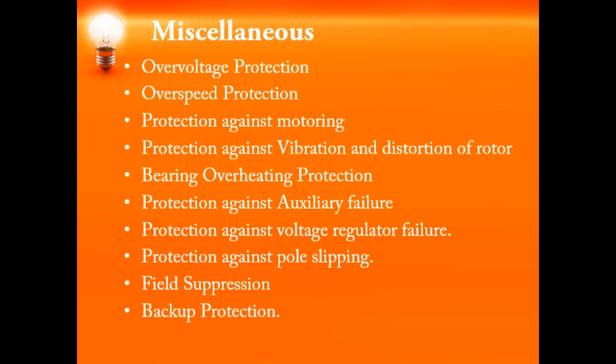And the last one is the backup protection. When we employ any kind of protection, we always need a backup. Okay, so overcurrent relays are used as a backup protection. When one protection device fails to operate, we need one more protective device so that it operates in the failure of the primary protection scheme. So this is how we can protect the generator against any kinds of faults.